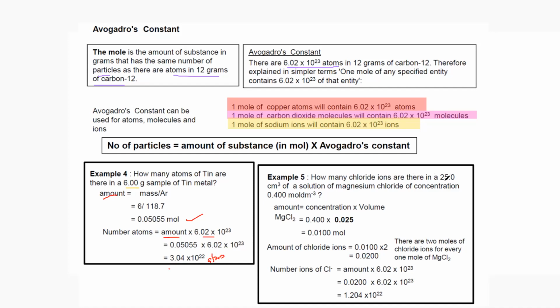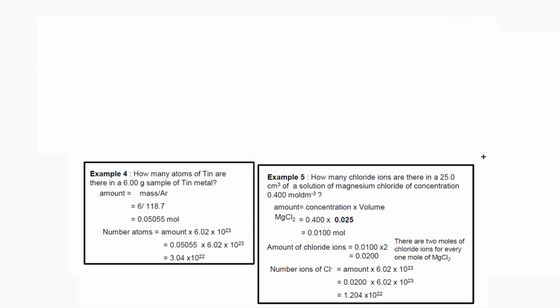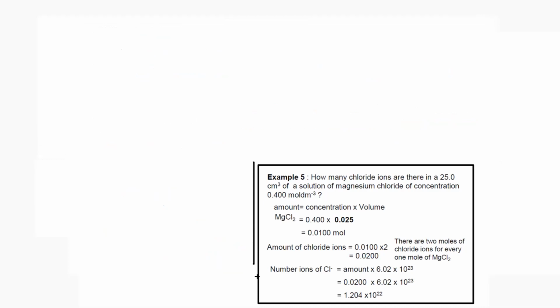How many chloride ions are there in 25 grams of solution of magnesium chloride of concentration 0.4? So how can we work this out? We need only chloride ions. So first we'll get the moles of magnesium chloride. The concentration of MgCl2 is 0.4 mole per dm cube,